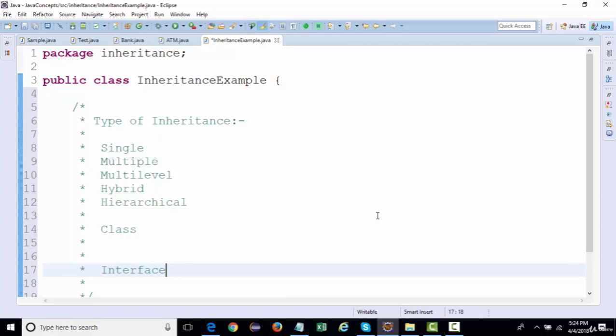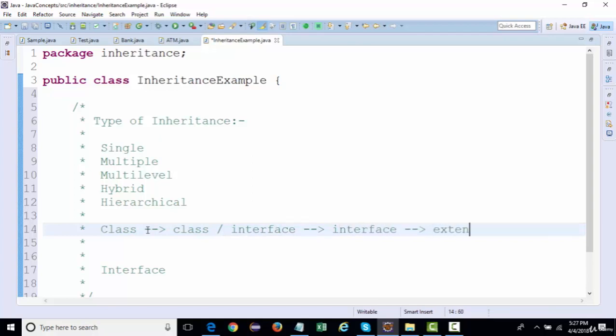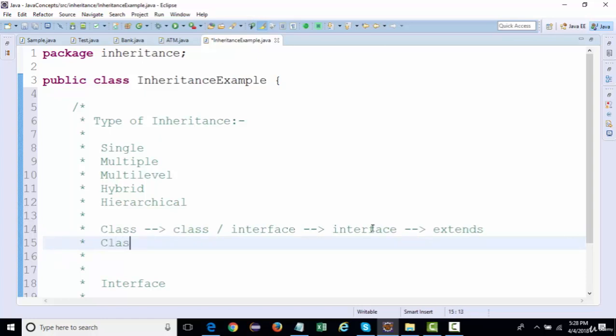When a class inherits a class, or an interface inherits an interface, which keyword do we use? We use the keyword extends. So the type is the same, class and interface. And when a class inherits an interface, which keyword do we use? We use the keyword implements.